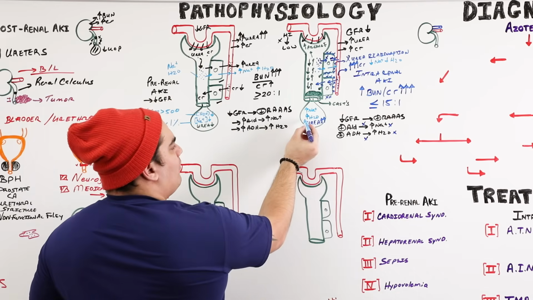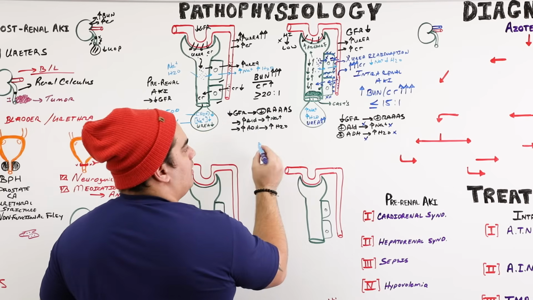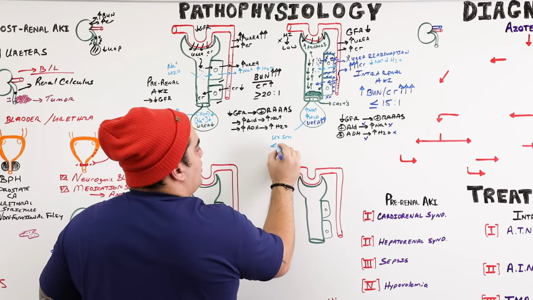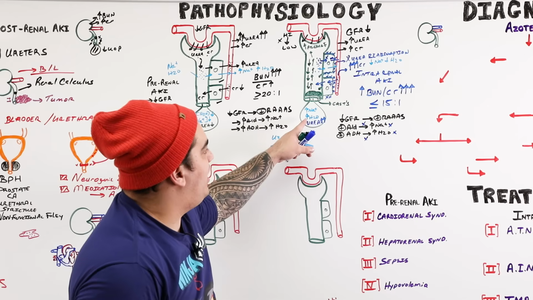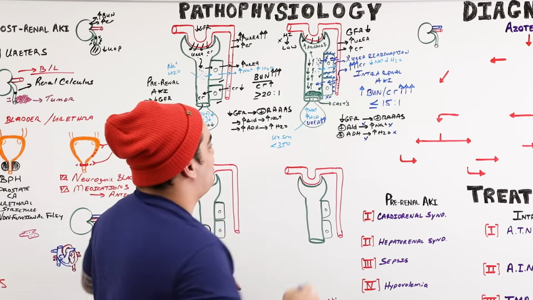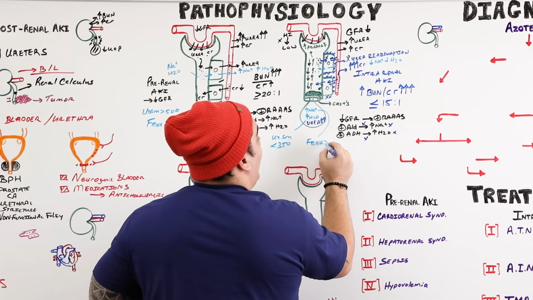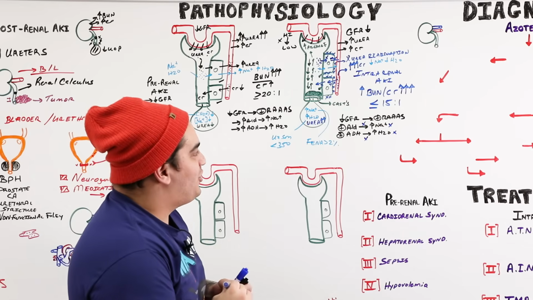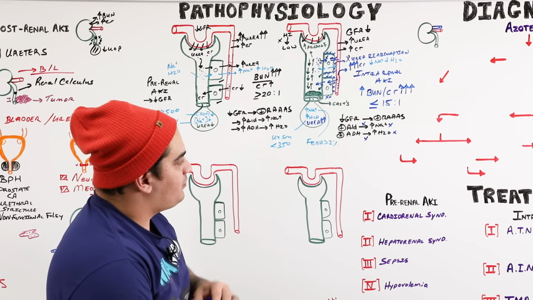When you have lots of water in the urine, what do we actually say then about osmolality? What will it be? The urine osmolality will actually be a little bit more dilute in comparison, so less than 350. And there's a lot more sodium being excreted in comparison to the amount that was actually filtered. So what do we say about the fractional excretion of sodium? It's greater than 2%. Okay? So that should make sense, all of this stuff. Cool. You know what else?